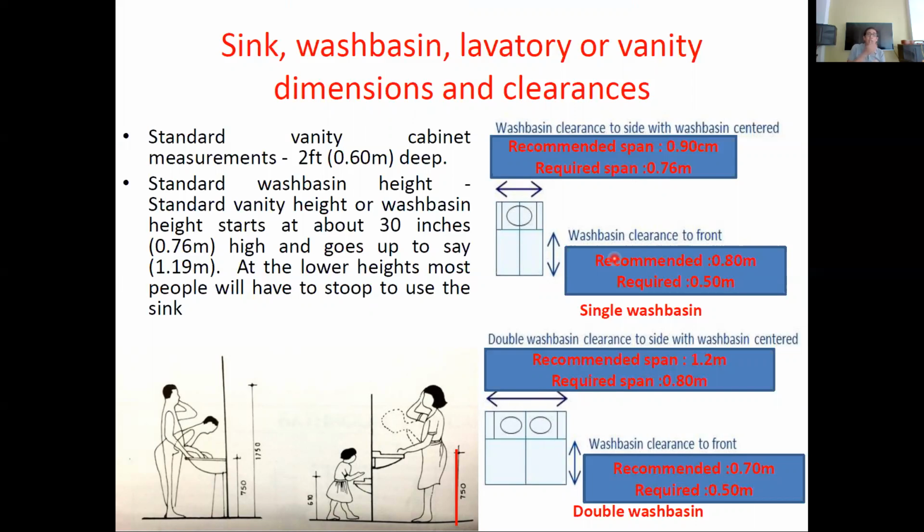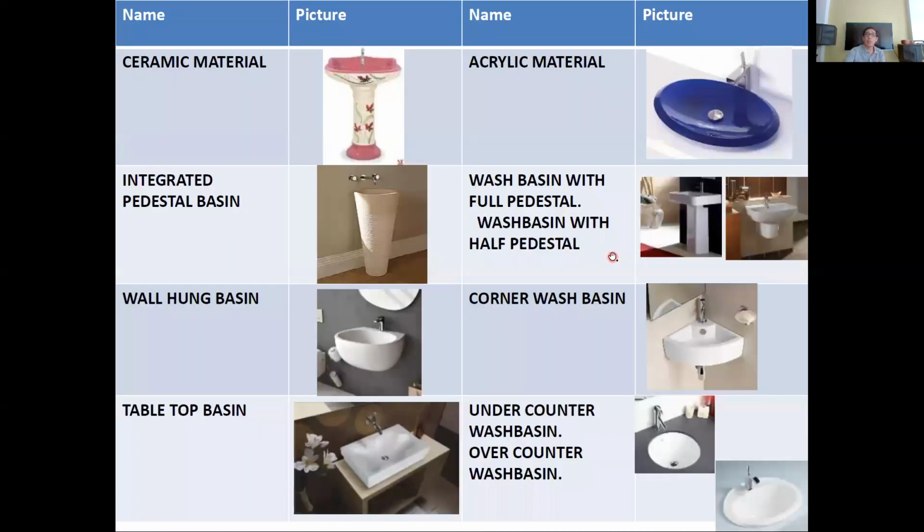So as you can see, the wash basin sometimes is installed on a cabinet, like this one, an under counter wash basin, where the bottom is a cabinet. The cabinet width is sometimes about 2 feet or more than 2 feet, sometimes about 75 centimeter. You're using a standard cabinet depth.